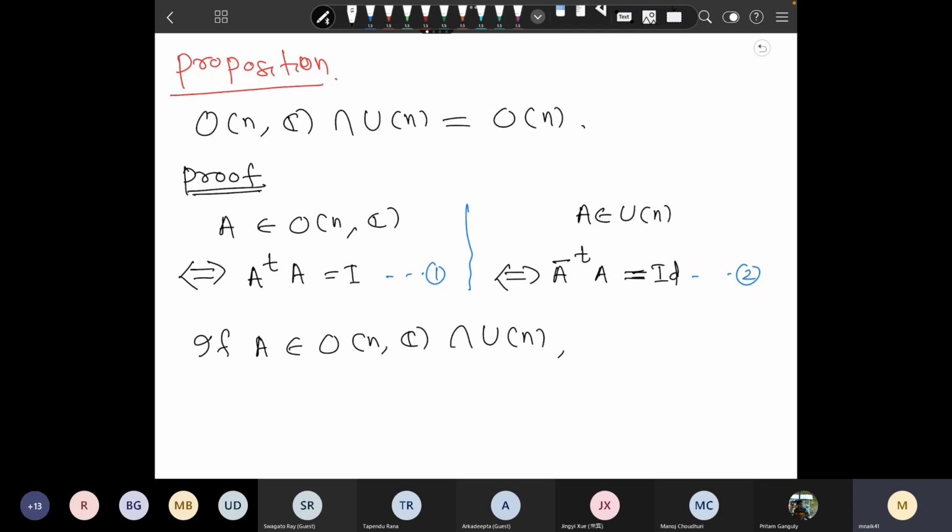Now take a closer look at equations 1 and 2. Since A is the multiplier on the right, if A belongs to ONC intersection UN, that will imply